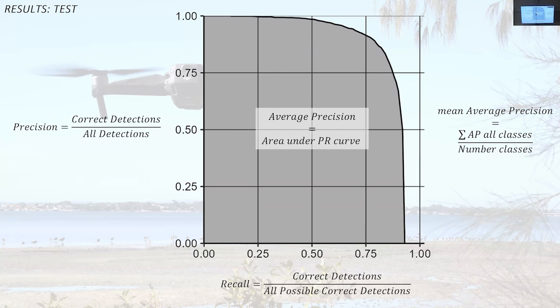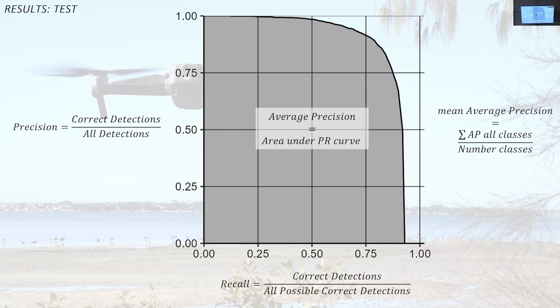Together, these two metrics basically describe the performance of the network, and you can generate this curve. So as you increase precision, so the detections from your model are more likely to be correct, you're going to decrease your recall, so it's going to miss some of the birds. And as you increase your recall and you're more likely to capture all the birds, the model is going to start making more and more errors, false detections as well. So you end up with a curve like this.